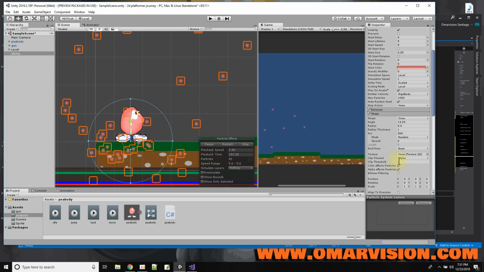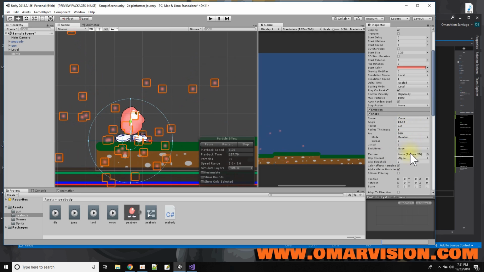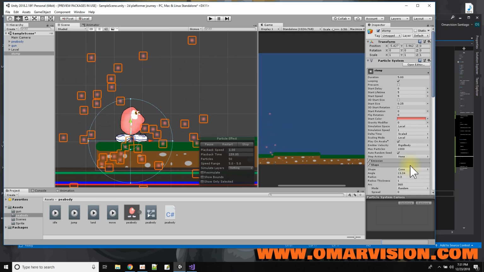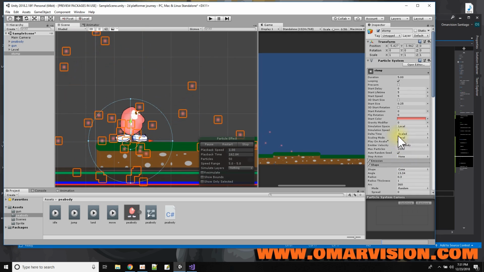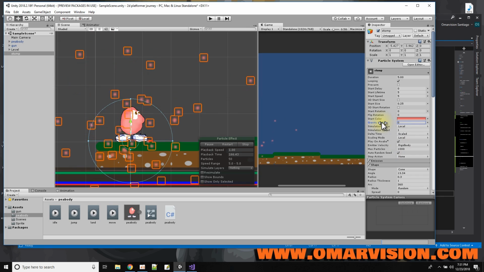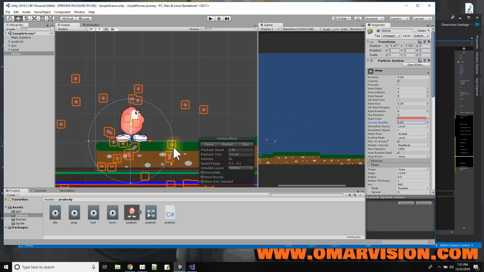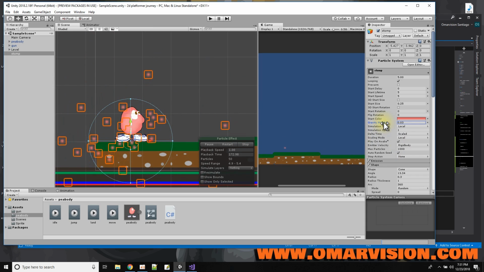So there's definitely too much particles coming out. So what I want to do is, let's see, gravity modifier. Okay, if I start giving it some gravity, then the particles kind of come down instead of flying up. All right,